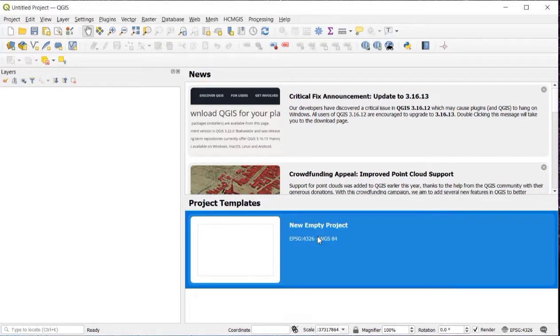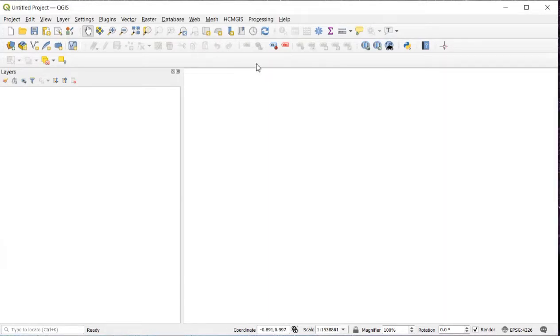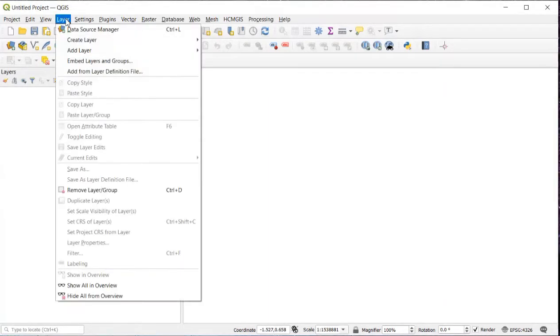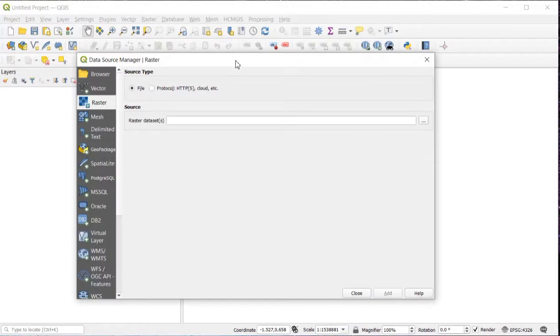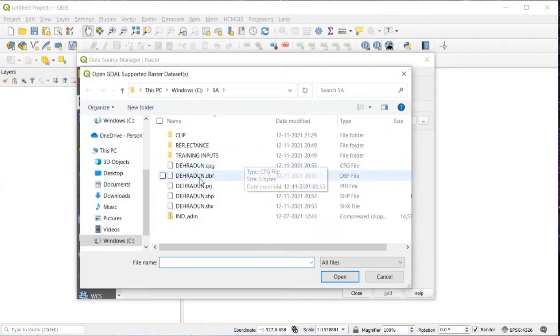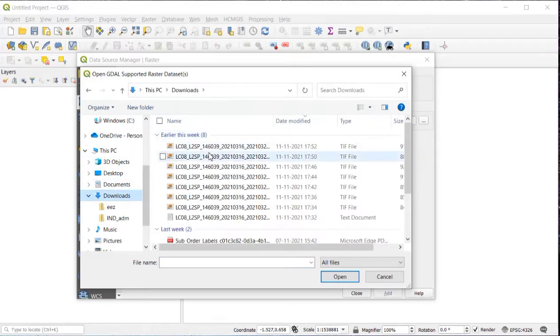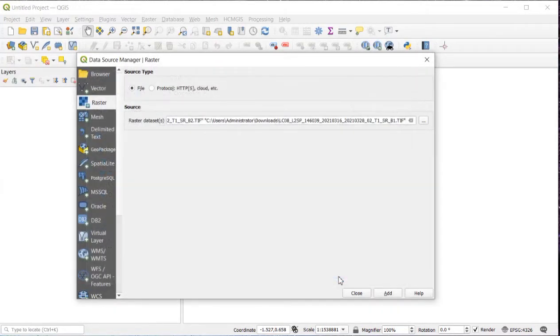Here, let's get started. First of all, click on the new empty project. Then go to layer and add layer, add raster layer. Then browse using the three dots. Here it is in my downloads. You will need to browse all the bands from B1 to B7. Then click on add